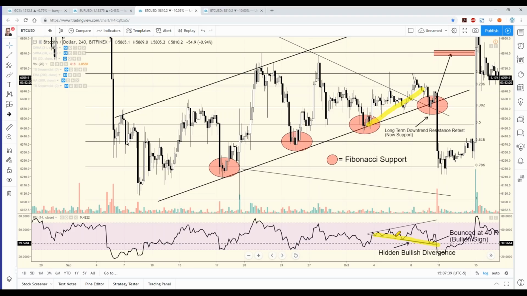So when the oscillator is making lower lows and the price is making higher highs, so in other words, you have an uptrend and a downtrend, they are diverging. That's what the word diverging means. So let's go back to my PowerPoint.